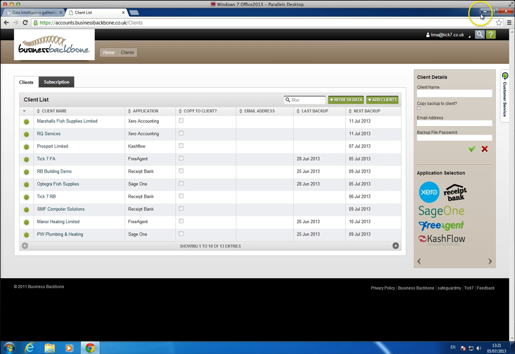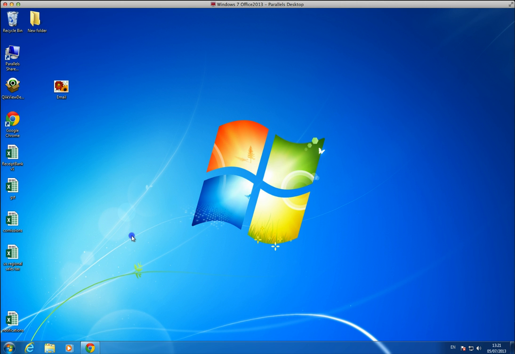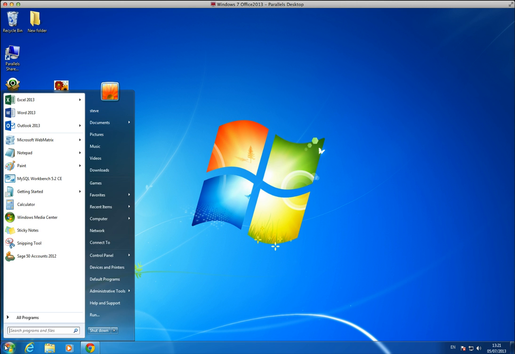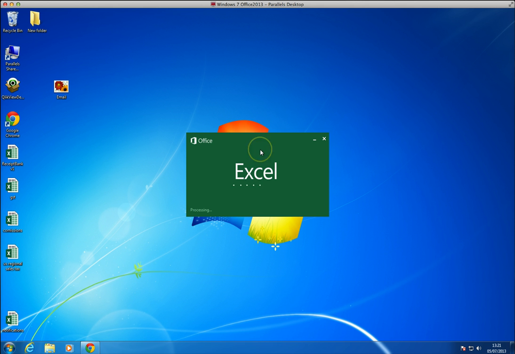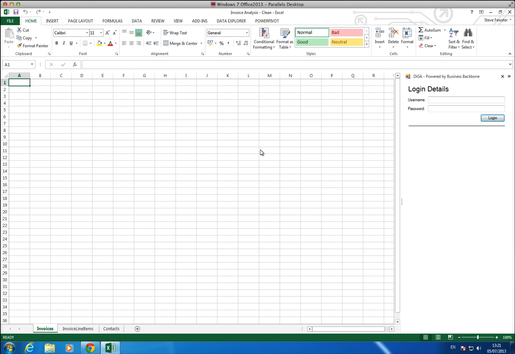If I just minimise my browser here, I'm going to open up Office and Excel 2013, and I'm also going to open up one of our templates. So I've got a clean invoice analysis template that we can use and provide to you. What this has done is it has some pre-built connections to various tabs here, which I'll explain as we go through. So within Excel, I log in as the same user that I've just logged in as via the web,